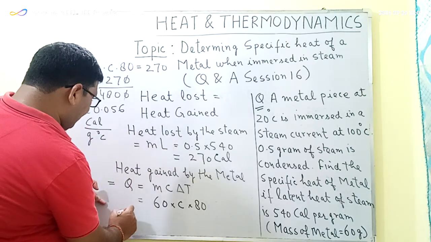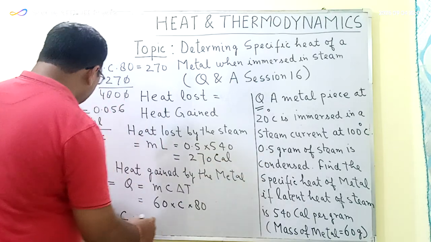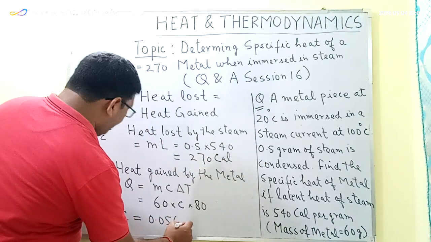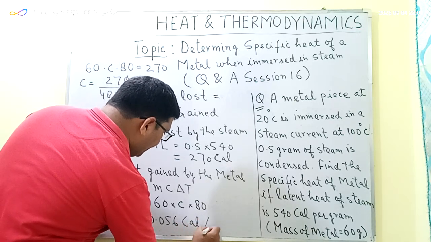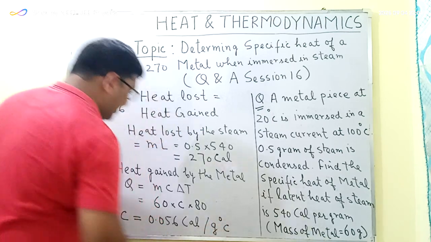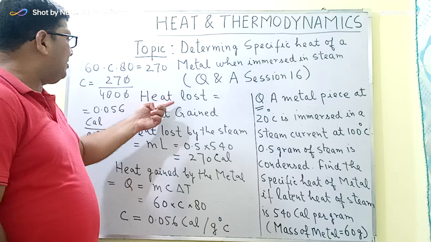So the specific heat, that is C, of this metal, is equal to 0.056 calorie per gram degree centigrade. So in this question, we have utilized the concept of heat loss is equal to heat gain,